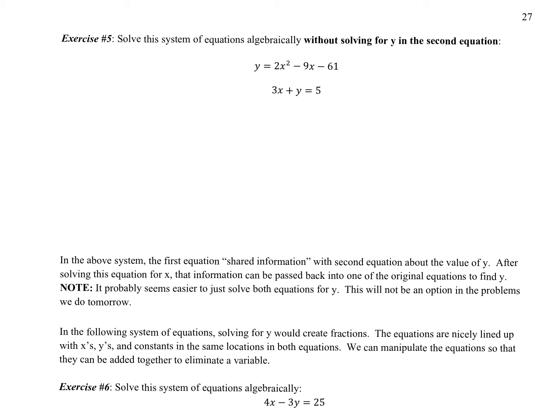So the first thing in this equation, I actually meant to have this be a -5. So that's 3x plus y equals -5. Now the directions for this one say solve the system of equations algebraically without solving for y in the second equation. So I do just want to point out from what we've done so far, it probably seems kind of